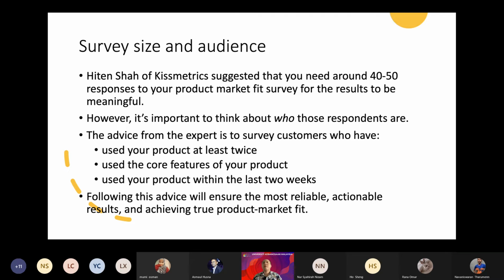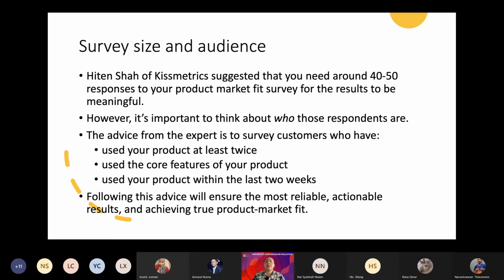But if you are just targeting, for example, because Dr. Akmal said about 40 will be meaningful, and then you blast the questionnaire to all your classmates, who are not mothers, for one thing, and they are not working, they are students, then how could it be meaningful, even though you reach, let's say, 100 people? So you have to think this way. If you get a very meaningful result, then it is worth it for you to redesign or reiterate your product, or maybe just let it be as it is,